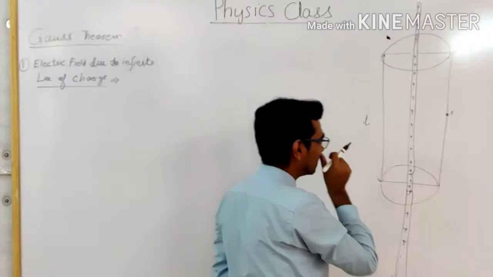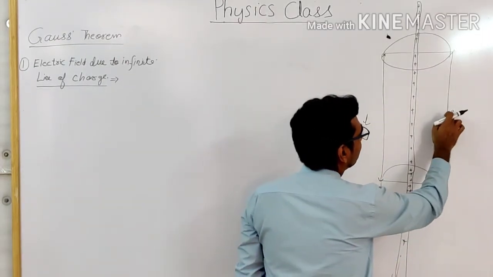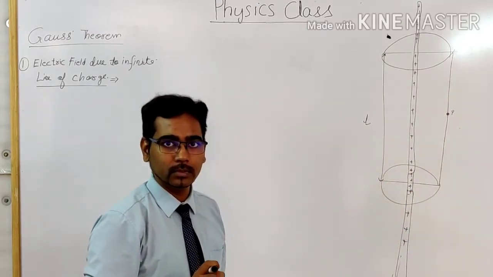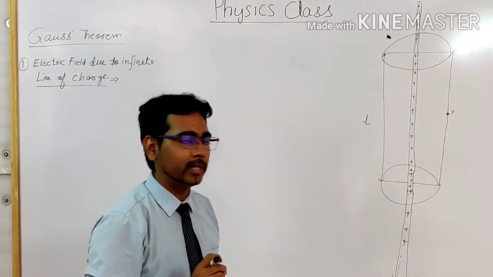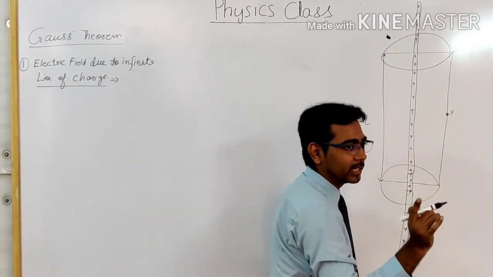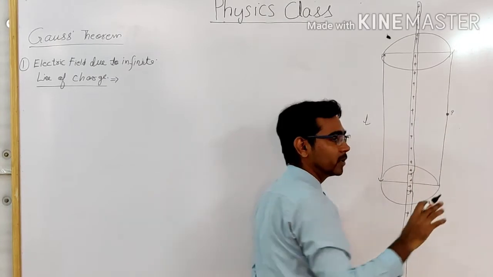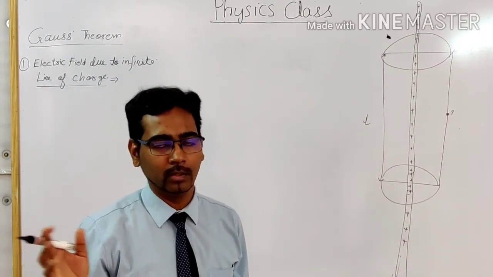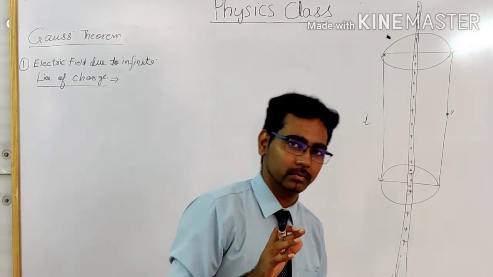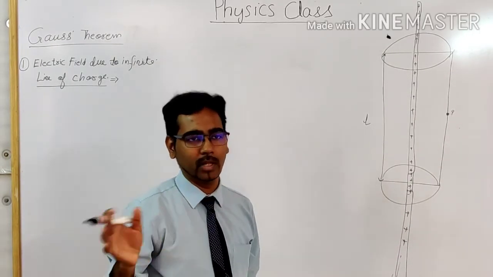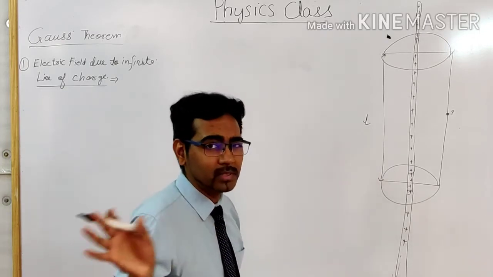Now you can consider that our point P is on the Gaussian surface. And this is the first criterion: the point should be on the Gauss surface which we are creating. Neglect the noise which is coming in the video, as there will be some noise from the neighboring surroundings.